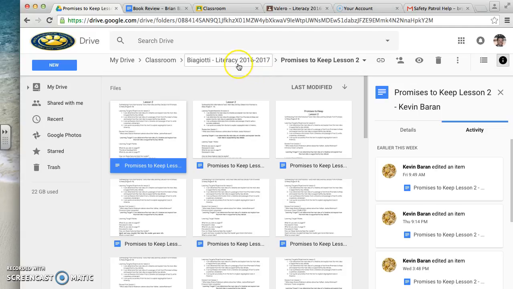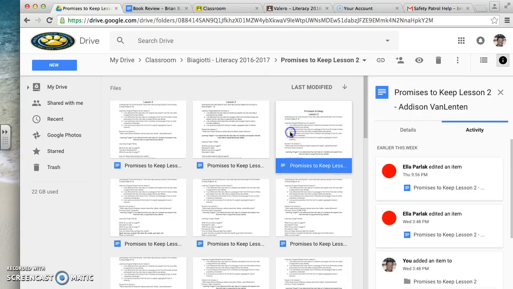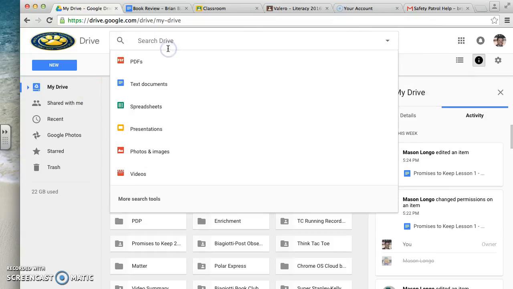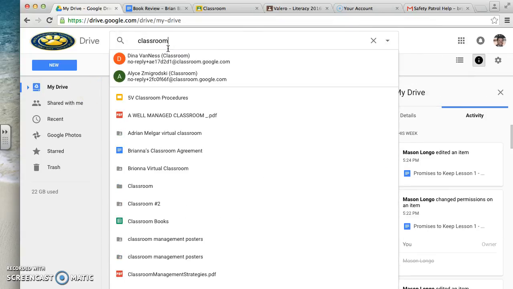Like I said, the best part about it is it makes a folder within a folder, and it keeps track of everything. So if you make an assignment, it makes a folder in your drive, you have to do nothing. All you have to do is search for it using the search bar. Let me show you. Whoops, let's go back to that classroom folder. What I want to show you is